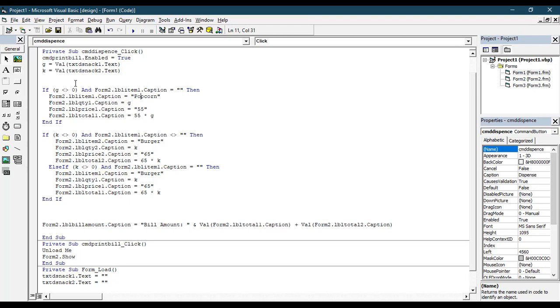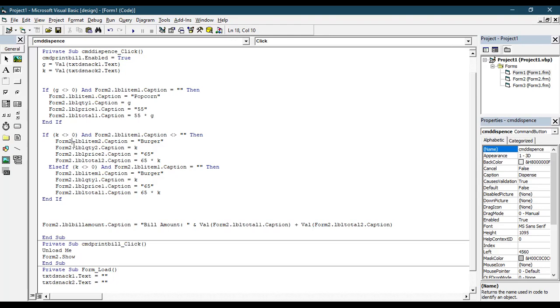We are working in form 1, but if my G value is not equal to 0, I need to display popcorn in the next form. In the next form, the quantity I enter in form 1 should be taken. In the price caption, 55 should be entered. In the total caption, I need to multiply 55 into G, the number of items. And then one end if.